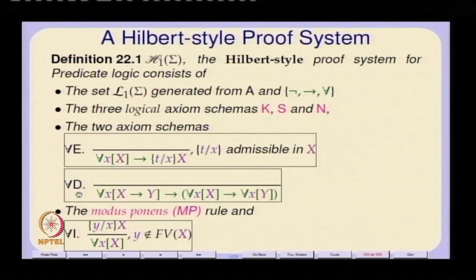This essentially says that the universal quantifier can be distributed over the arrow. Yeah. There is a variation of this which actually some people prefer, but I have not found any. There is some books actually